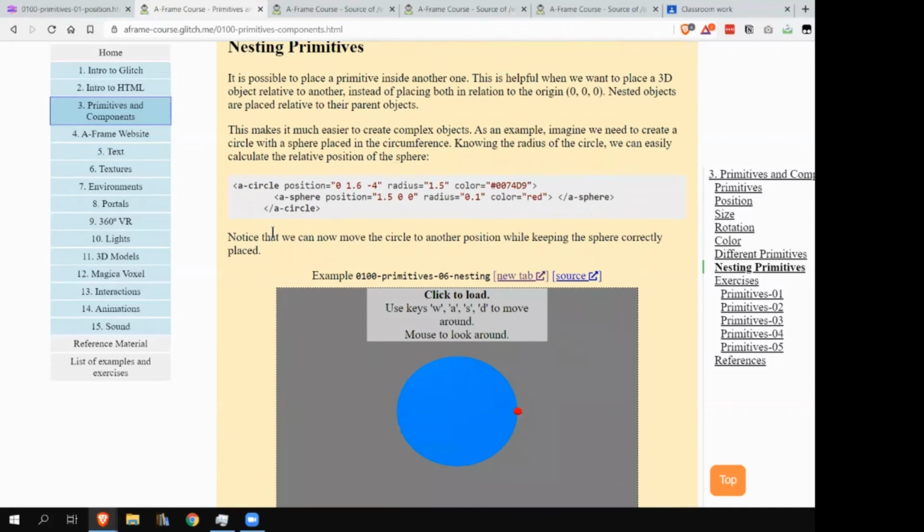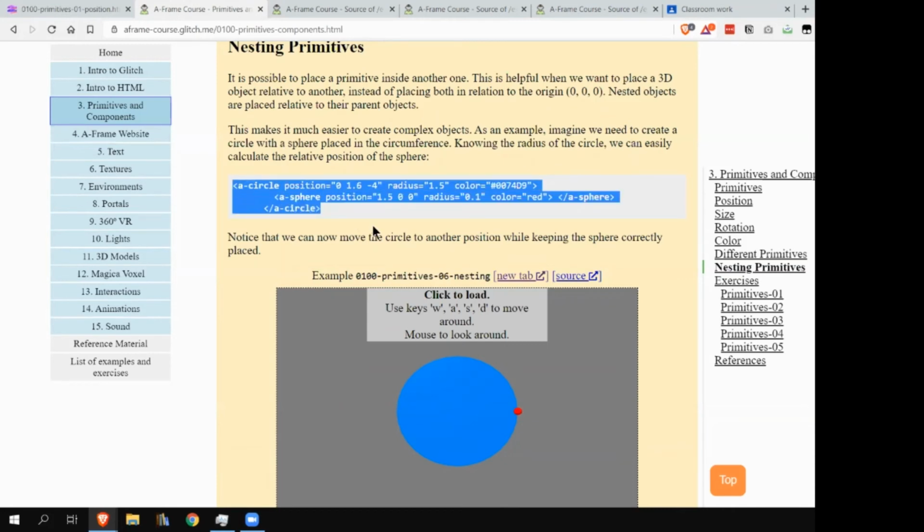Also, an important thing that I'll just mention here and give a simple example for now, but later on we'll make use of this aspect of A-frame for creating complex objects, and particularly objects that move, that had some kind of animation. This will be particularly important when we get to animations. But just for now, just understand that